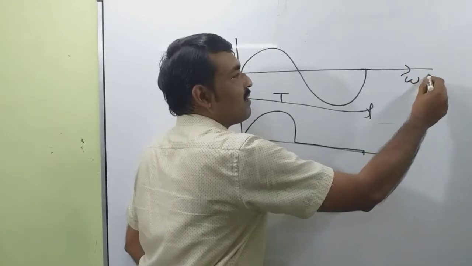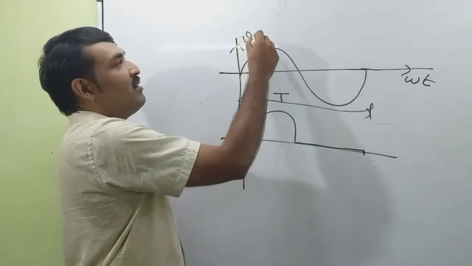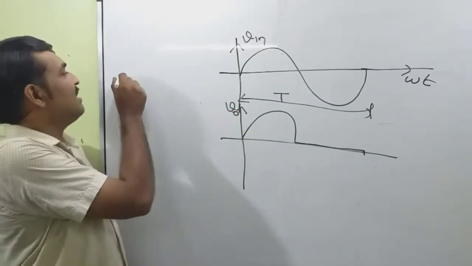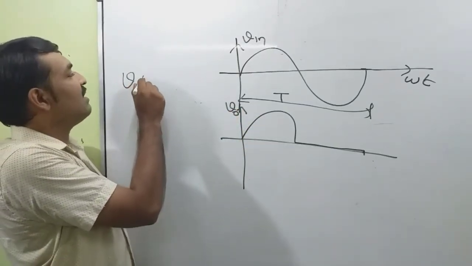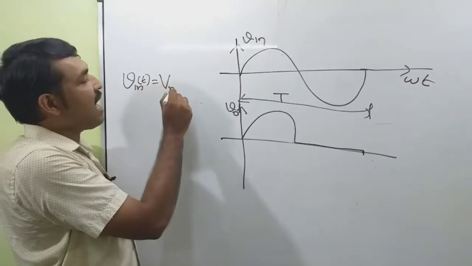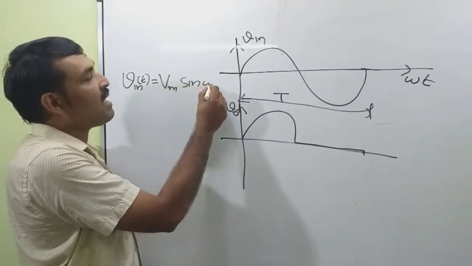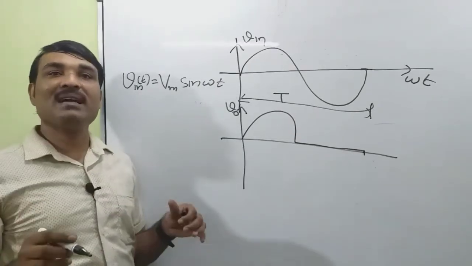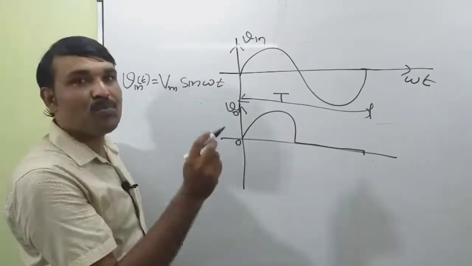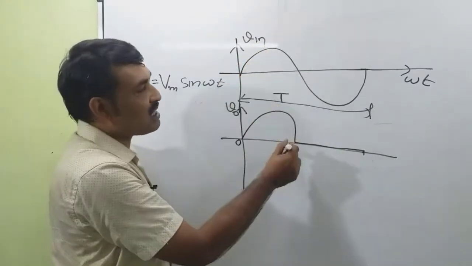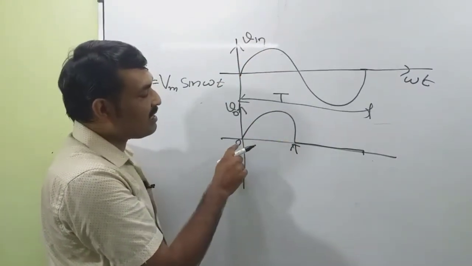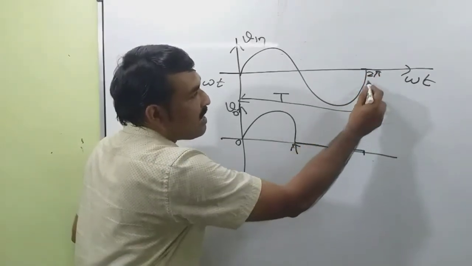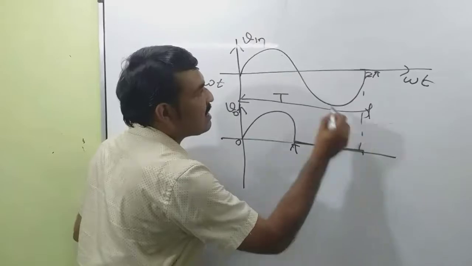This represents omega t, and this is our input waveform, and this will represent our output waveform. So I am representing V input, that is equal to Vm sin omega t. Okay, now we have to define some common terms. What is the average value? So an input will be the same during the positive half cycle, that is omega t is equal to 0 to pi, and from pi to 2 pi the value of the output is 0.